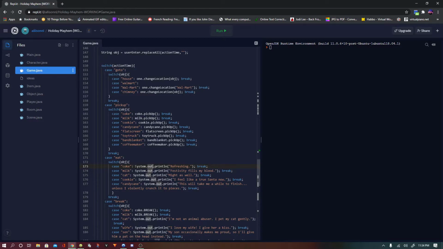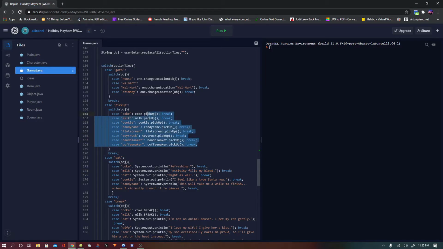Oh yeah, okay, there's no methods here. It just says a message, and there's no object permanence, I guess, in terms of if you break something or if you eat something, there's still more of it there. You can do it as many times as you want, which I'll probably change in my new one because I'm more advanced now. Yes, I'm sophisticated.